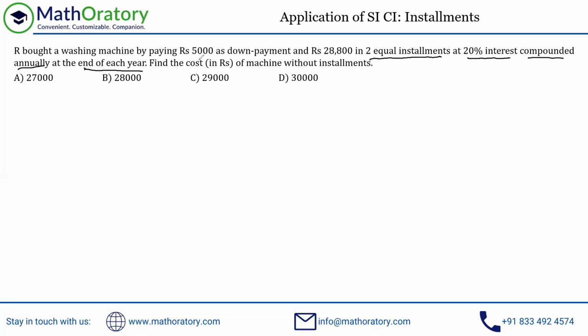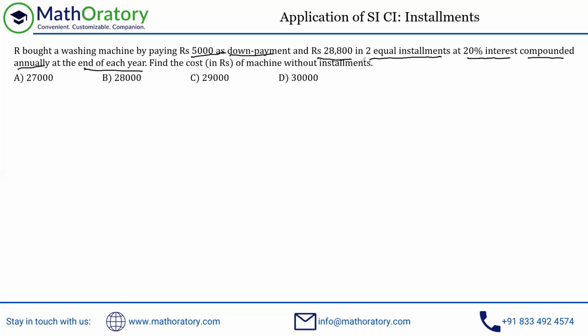One is the 5,000 down payment. So you need to know these terminologies whenever you face a question like this. So in this question, you have this 5,000 down payment. Now, down payment is always done during the purchase. So no interest will actually be applicable because you have made the payment during the purchase itself. So this 5,000 is irrelevant when it comes to the interest part of it.